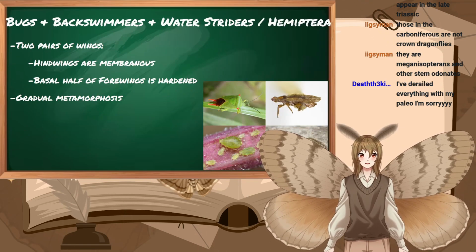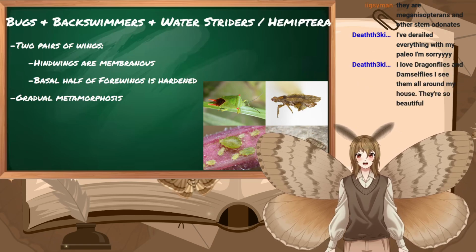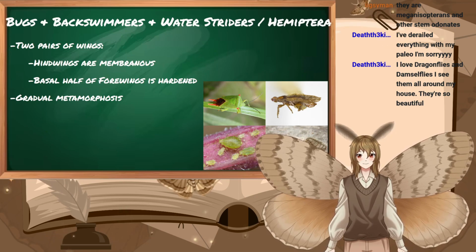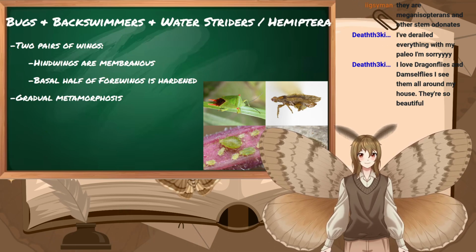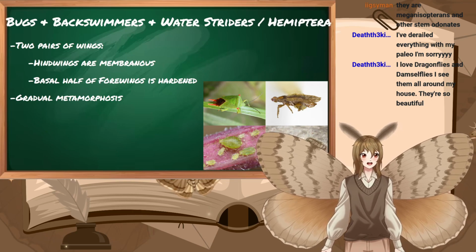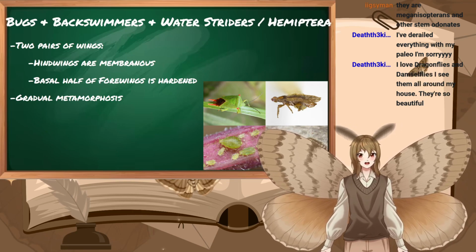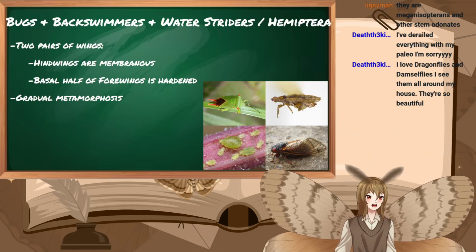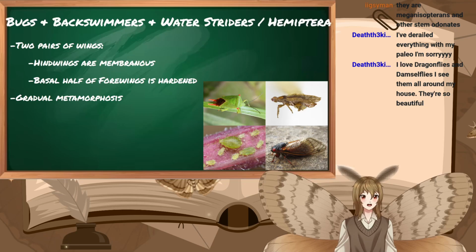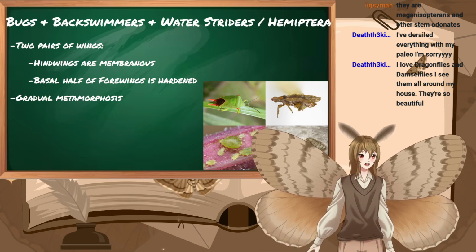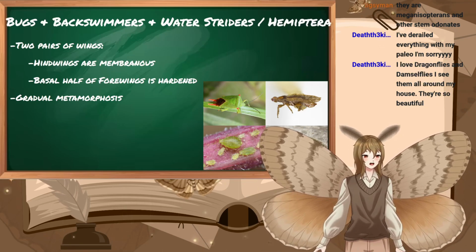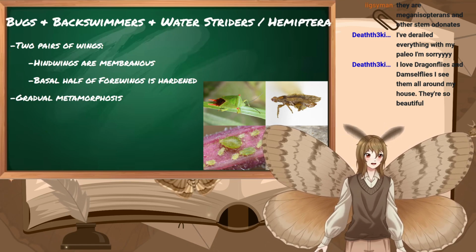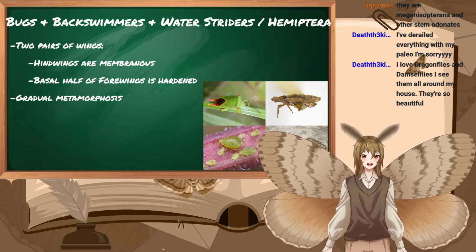And Hemiptera, which is our seventh largest group, have two pairs of wings, where the hind wings are membranous, similar to how dragonfly wings look. You can see it. Nope, you can't see it. Hold on. I'm blocking the cicada. You can see it on the cicada here, how those look. And you can also see that their forewings are hardened, which means they also have this little shield.